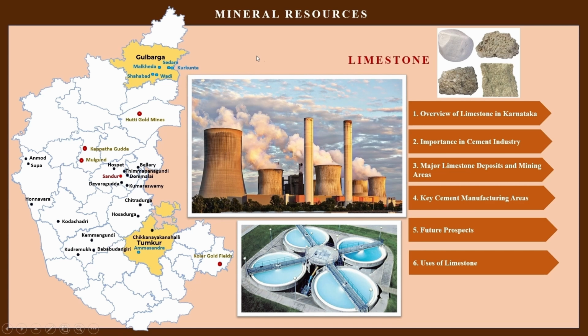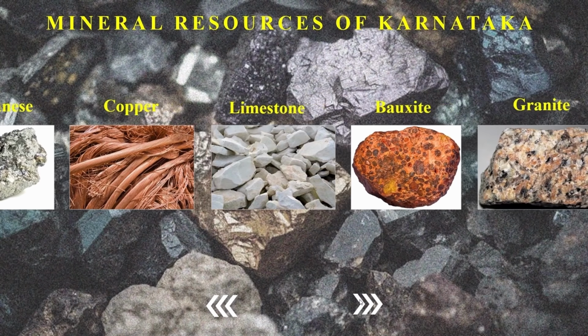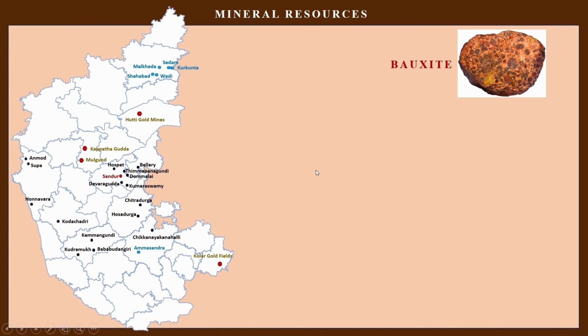All right, moving on. Let us go to the next mineral, that is bauxite. See, all these places are still marked so that you can pause this video and remember all of them. We started with gold, so gold mines are still present. Then we moved on to iron ore, so the black ones are the iron ore. Next, we went to copper or manganese, so Sandur is again the same place where manganese is there. Next, we studied limestone, so the blue ones are the limestone areas. So we are trying to keep all the places in front of you so you can memorize them at any point.